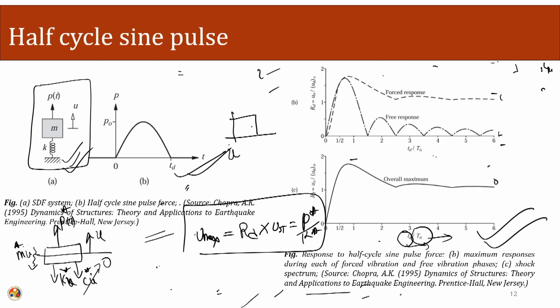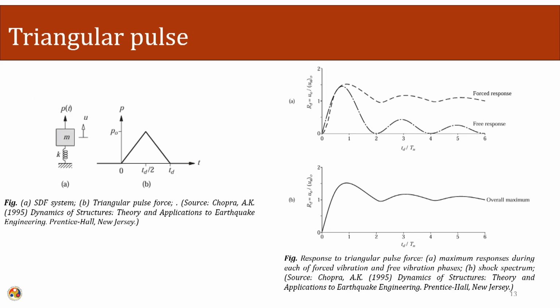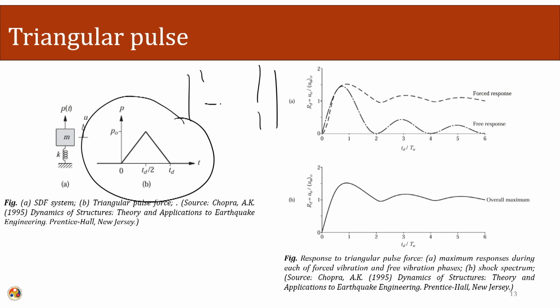Similar to what we did for this type of pulse system, similarly we apply the same treatment for a triangular pulse system. For a triangular pulse system also, how did we get this? We started from a real life example, let us say a beam. This real life example we changed into a mathematical beam, or a cantilever depending upon what we are doing. We assumed a planar distribution of the loading.